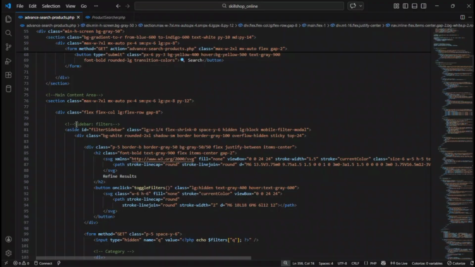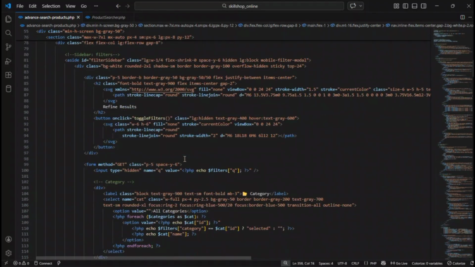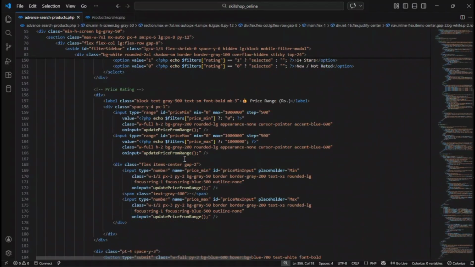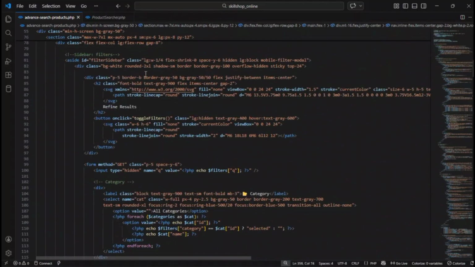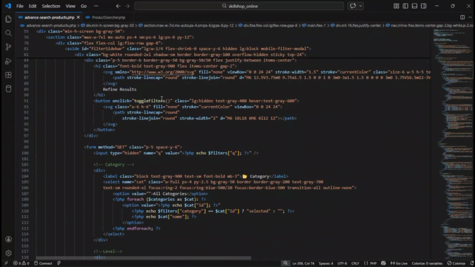So in this we have the filters. The sidebar contains the advanced filters such as the category, the level, the rating and the price range. So here in the sidebar, first we have given a title, Refined Results, and beside the Refined Results we have given an SVG. Then we have given the button onclick filters. So if you open it in a small device, you can see how the SVG works with this toggle filters